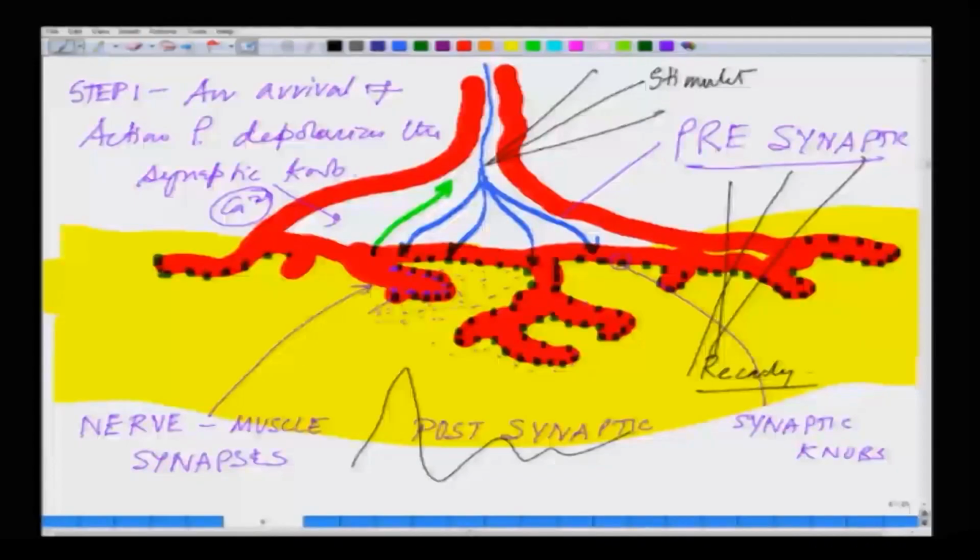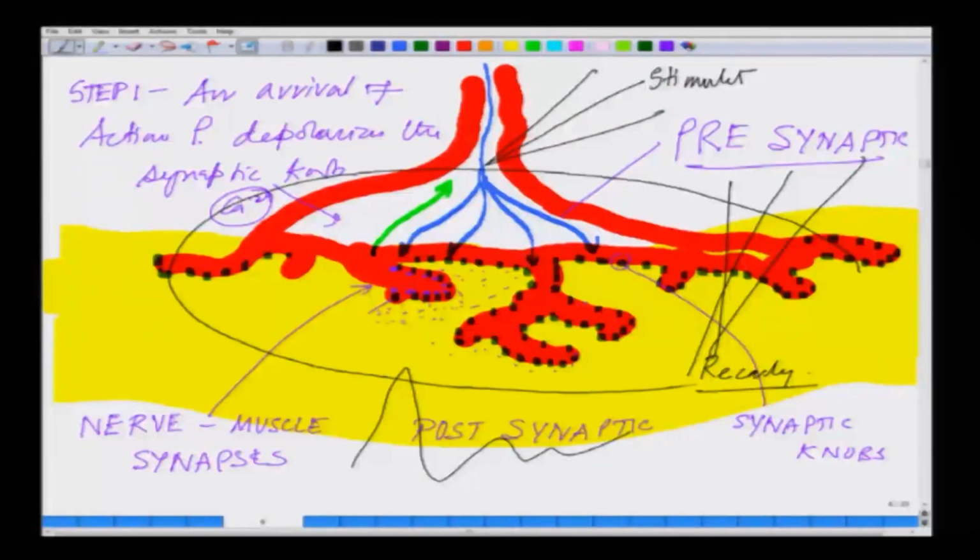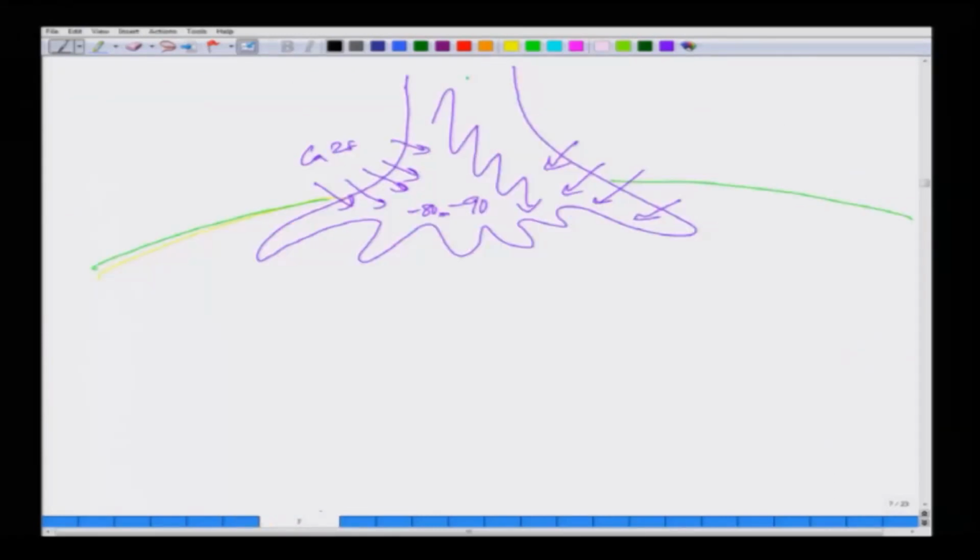And this whole site, what you see here, is one of the hot sites for pharmacological intervention. There are several diseases which are related to it. So, one of the things that happens when acetylcholine is being secreted: acetylcholine binds, but very soon, pretty much at the same time, the acetylcholine has to be degraded out. So, what has to be done essentially is,